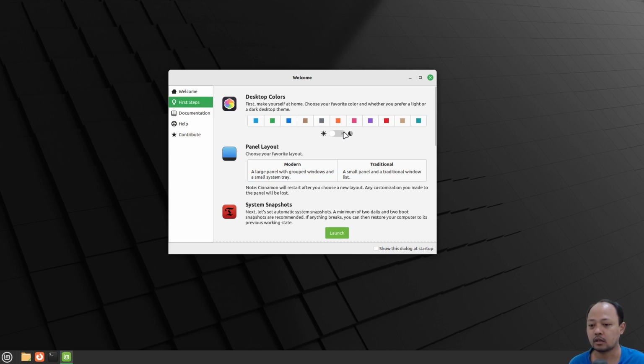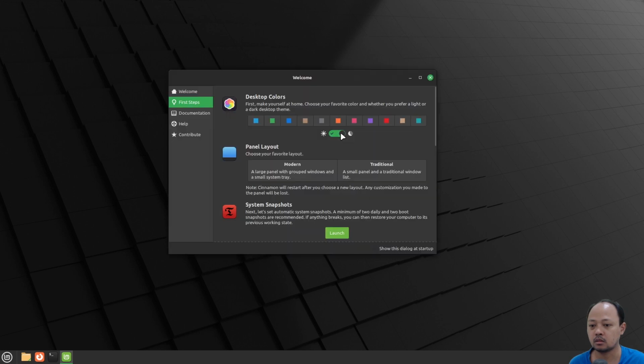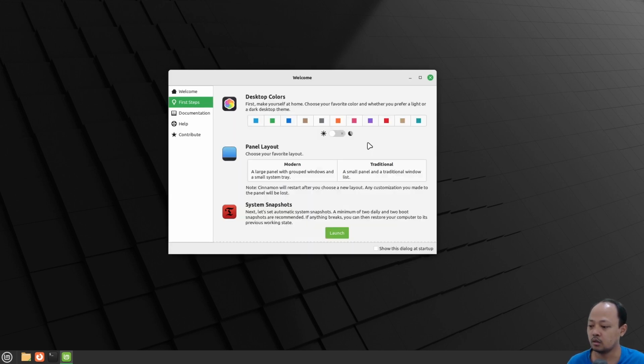And if we click this, so the theme become darker. Maybe it's like dark theme or light theme settings. So actually we can decide from the beginning the desktop color that we want.